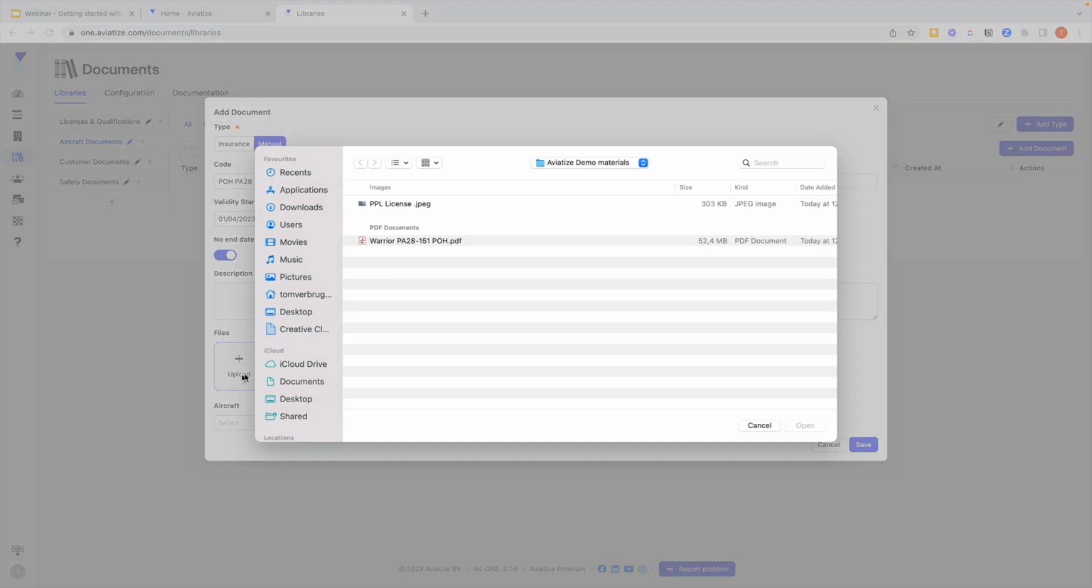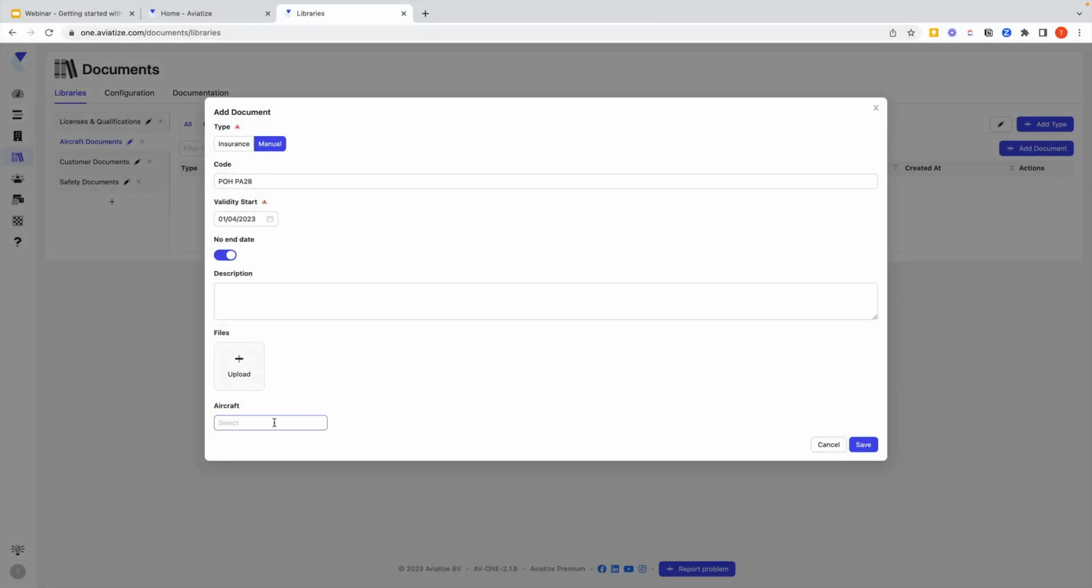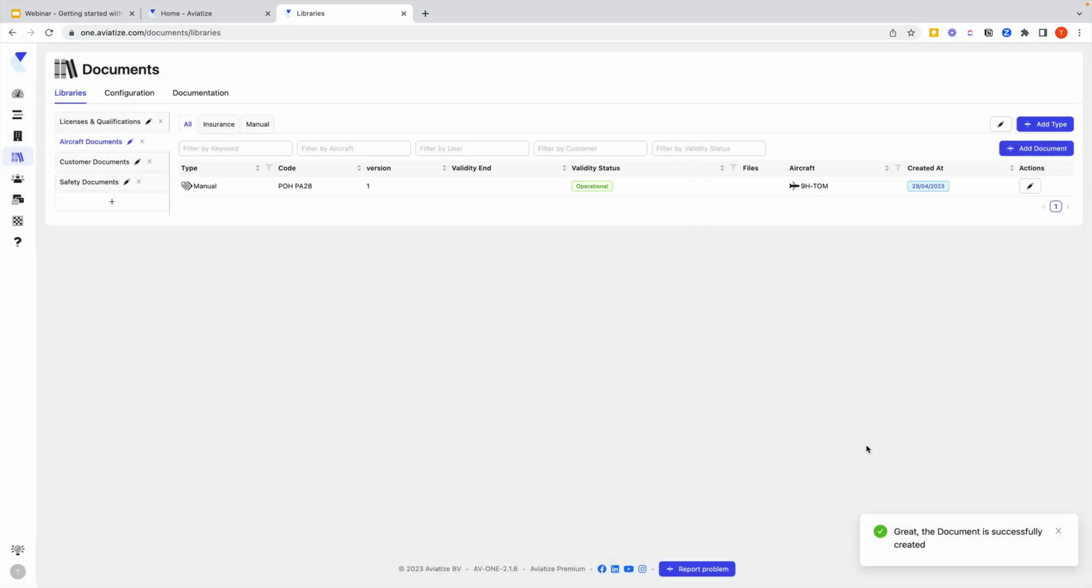Again, we're going to upload the document. It's a PDF in this case. There we go. And for which aircraft is this applicable? Well, it is for the aircraft that we put in there. There we go. And now that document is in there. I don't think I added